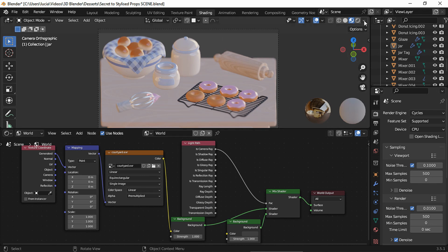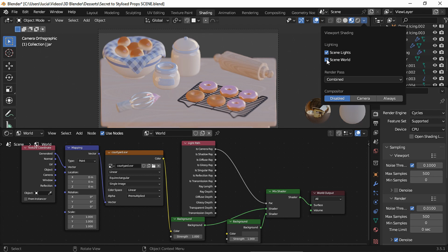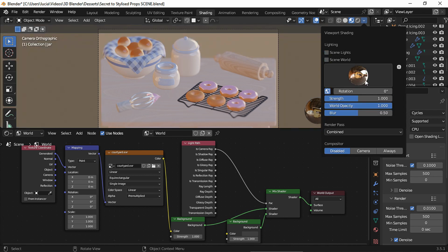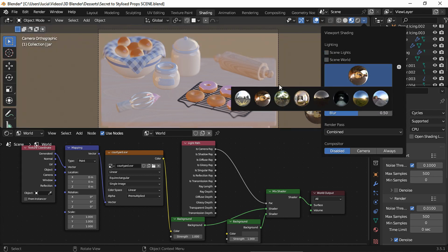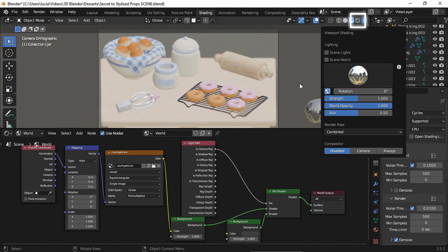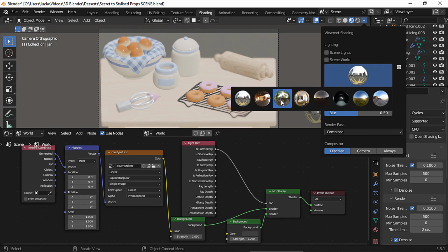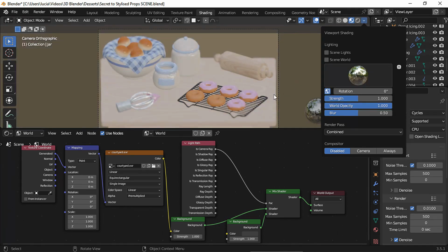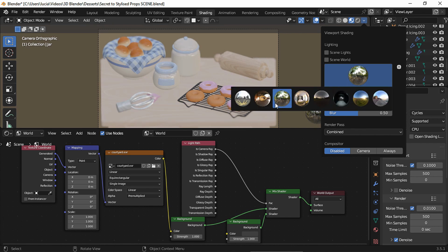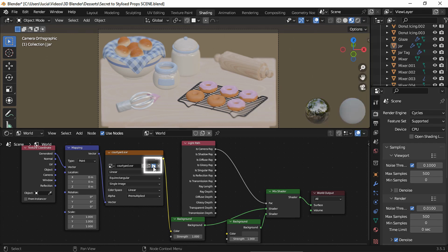To choose my HDRI, I disabled the lights and world, and I tried different HDRIs out. I normally would do this in render mode, but if I switch to render mode while recording the screen, the video starts lagging. Once you've chosen one, keep the cursor on your chosen image to see the name of the file we need to select as our image texture.